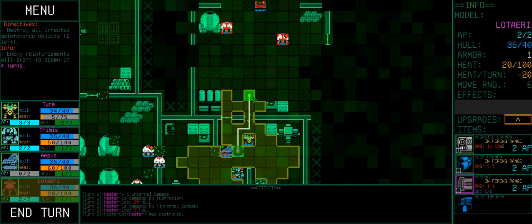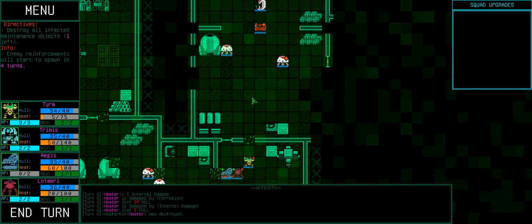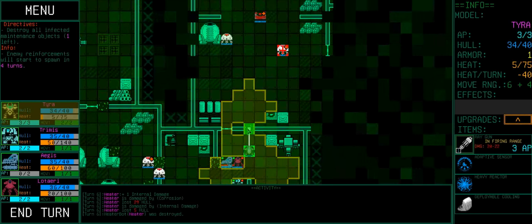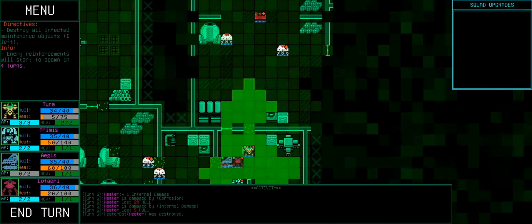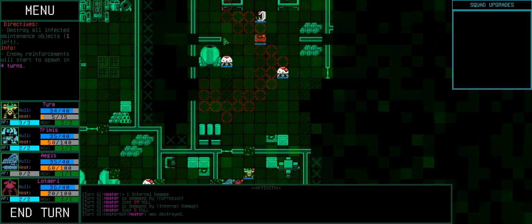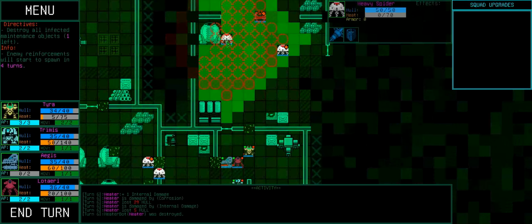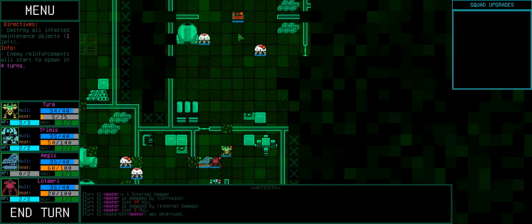Tira can then move up and fire on that. But unfortunately, Lotaeri cannot assist this turn. So, okay. But we'll destroy it next turn. I think I'll be okay with that. Alternatively, I think these two might be able to down a heavy spider. Not that one, though. Too many hit points. Actually, if I misjudge that, and I can't kill the heavy spider, the repair station will just heal it. So, we should...